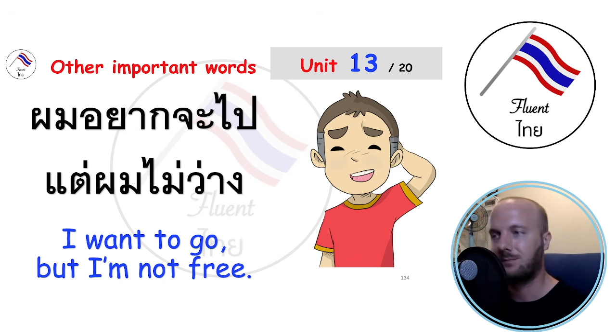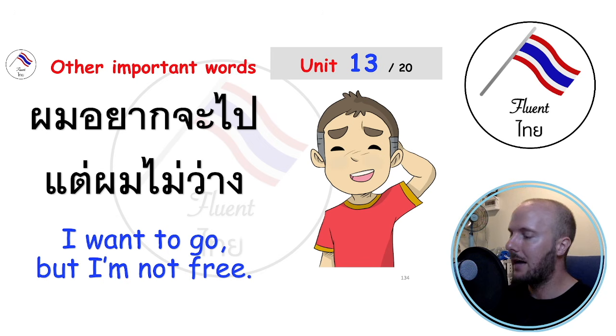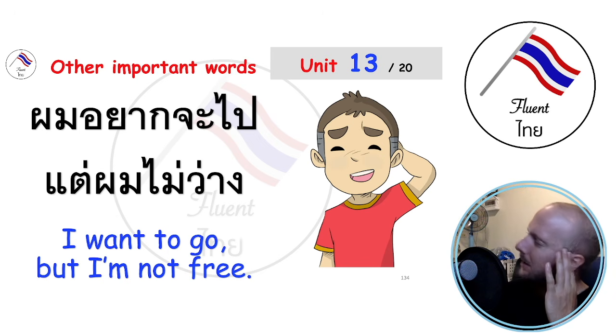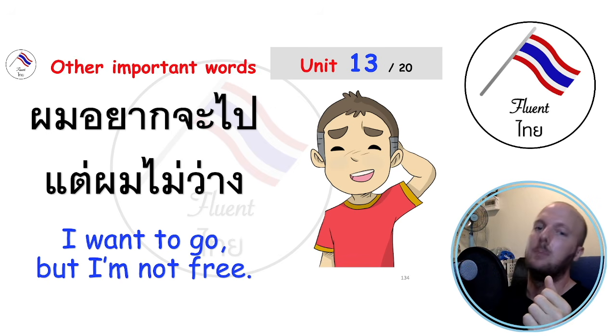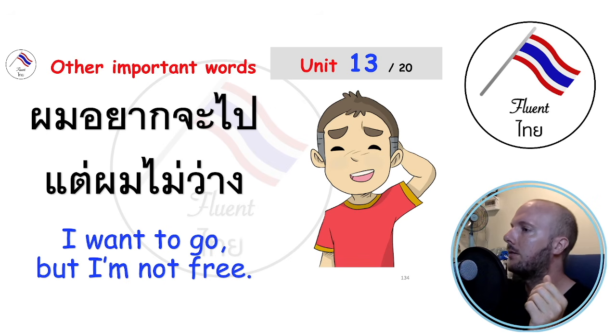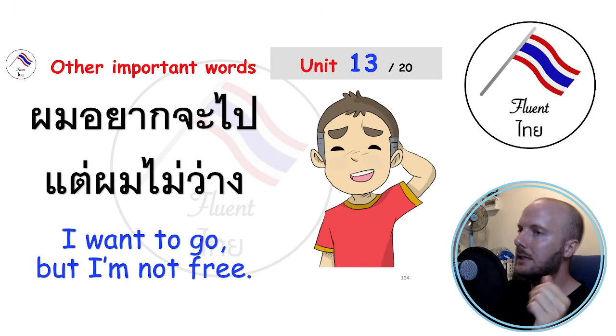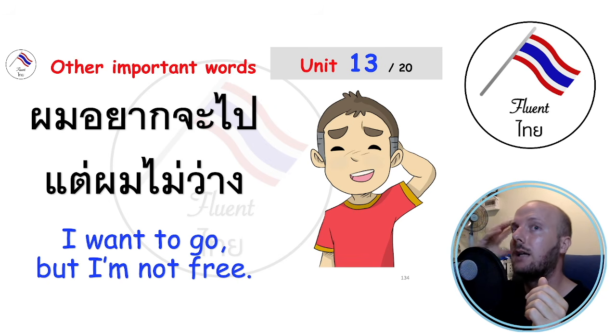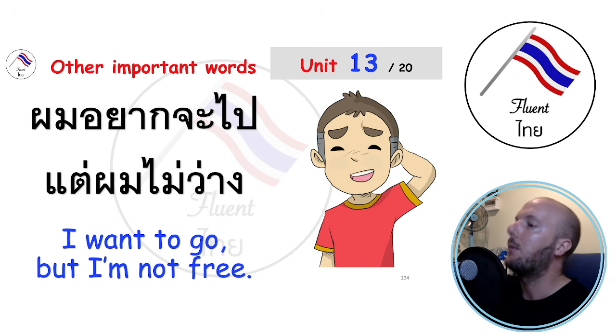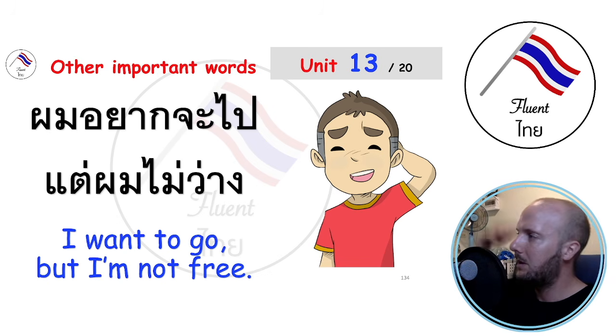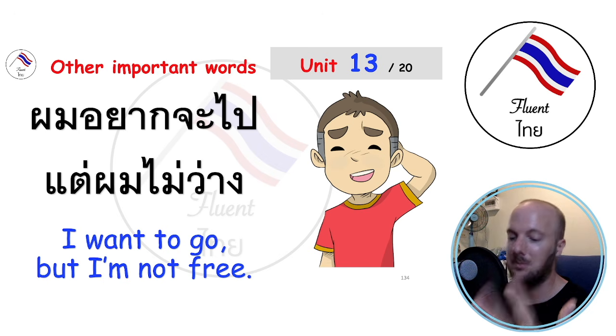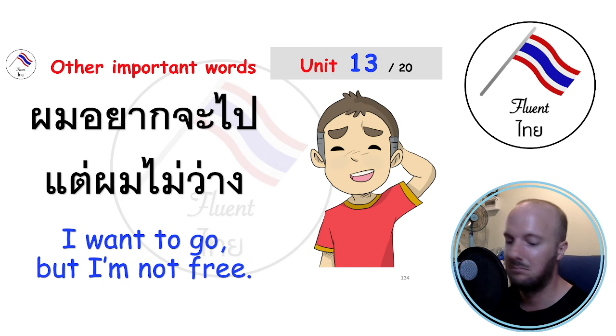But that ว่า is actually "that", and in that sense it appears together with what I think are expressive verbs. So words like speak and hear and thought and explain. Anything where you're verbalizing some kind of action or thought, something related to your mind, like you're dreaming, ฝันว่า, or you're thinking that, คิดว่า, or you're explaining, อธิบายว่า, or you're hearing. So something to do with either input into your brain or output going out of your brain or verbalizing, where we can add the word ว่า. That is just my very off the cuff observation of the word